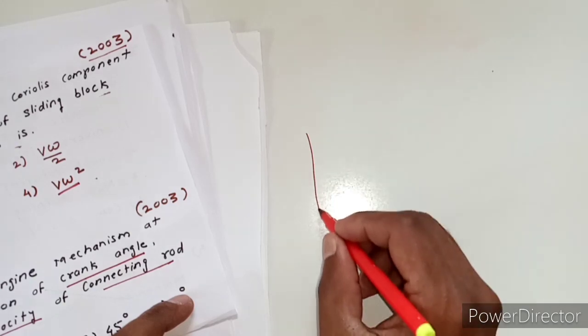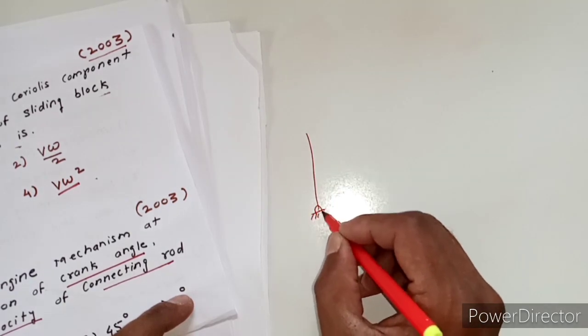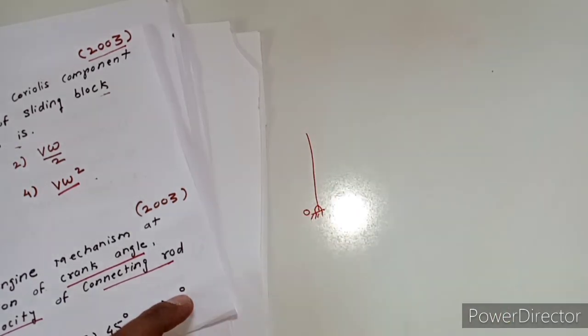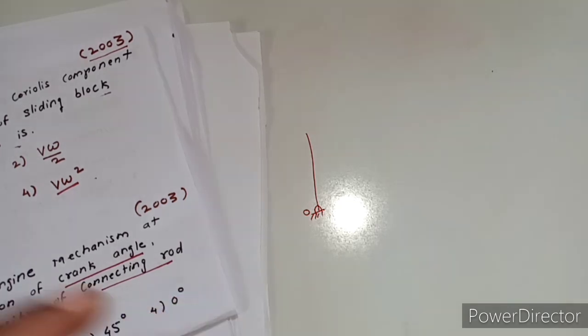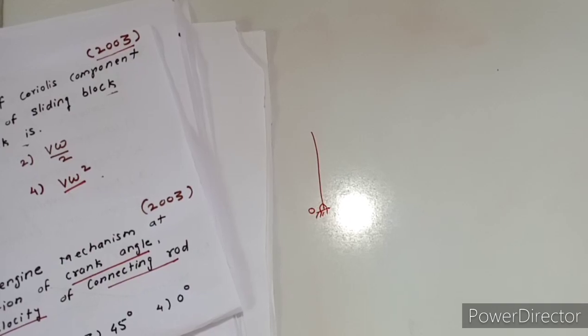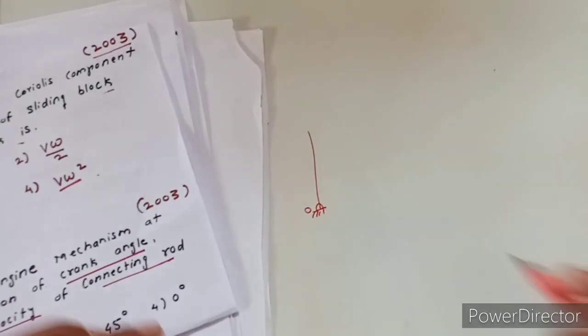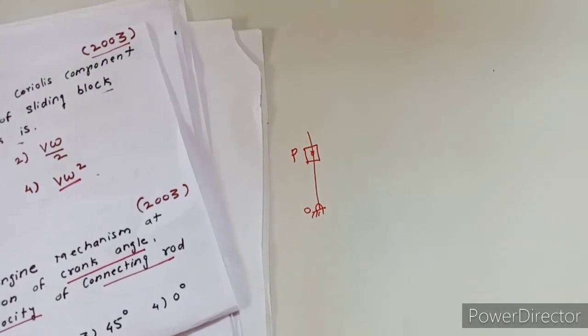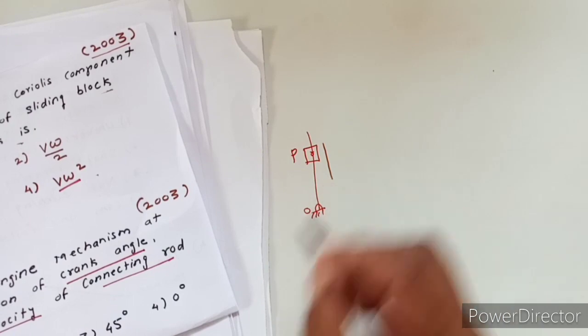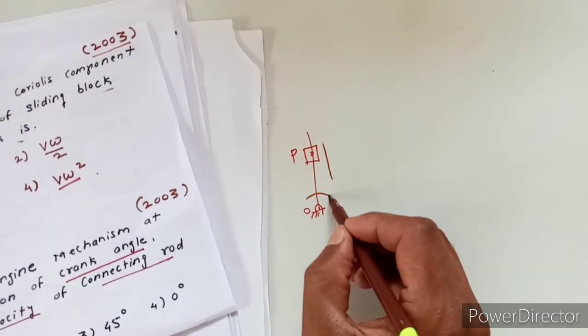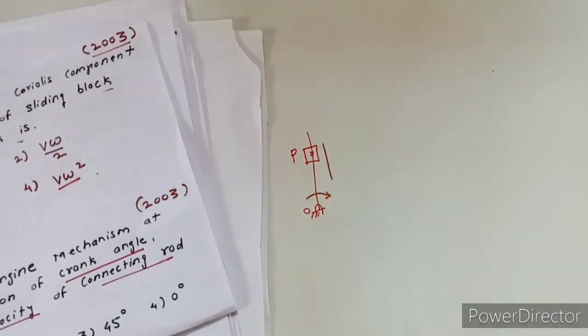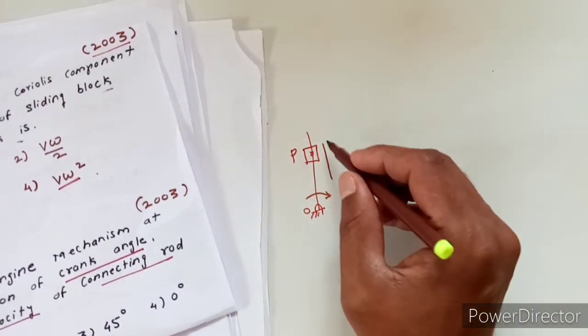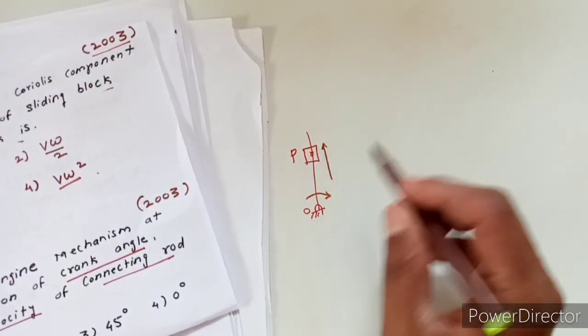Let us see how. We know that when a link rotates about some pivot point O and it has a slider P which is sliding along the length of the link. Now when the slider slides along the length of the link, it will also rotate with this link. We know that when the sliding velocity vector rotates